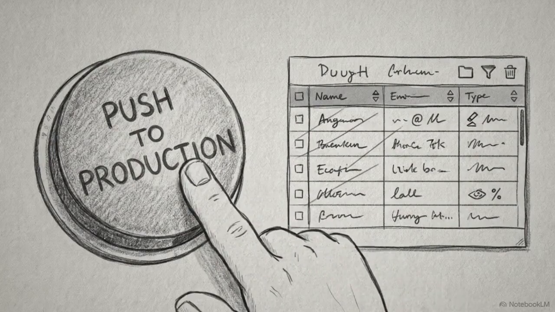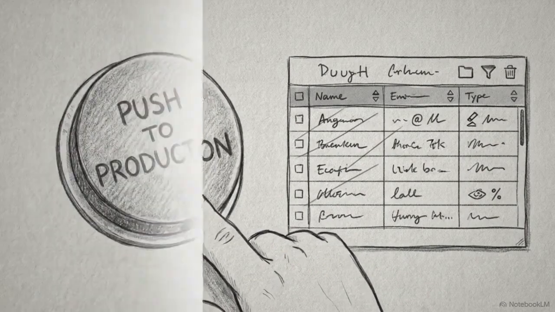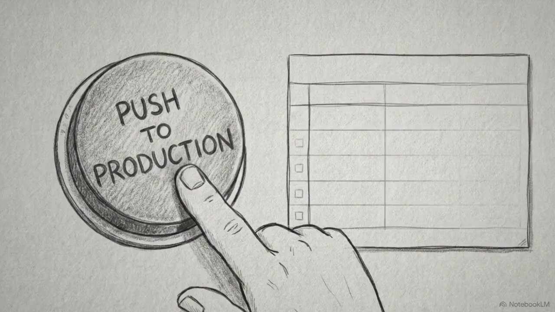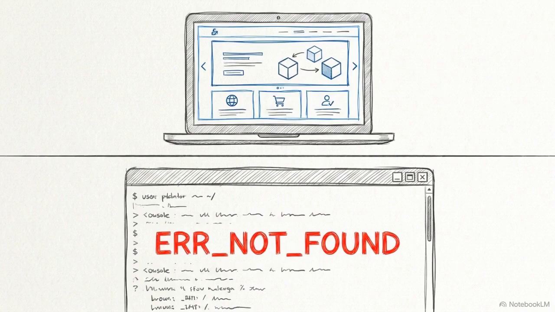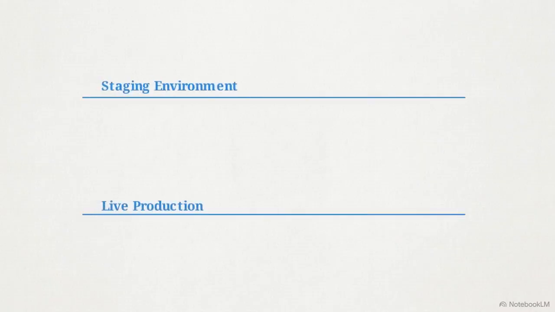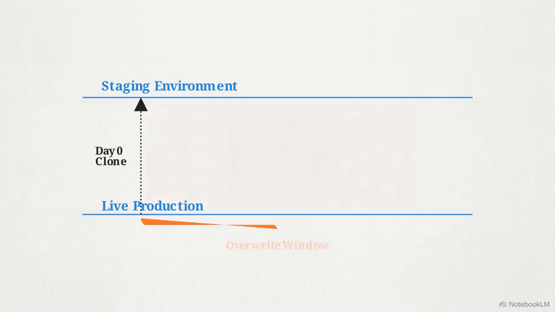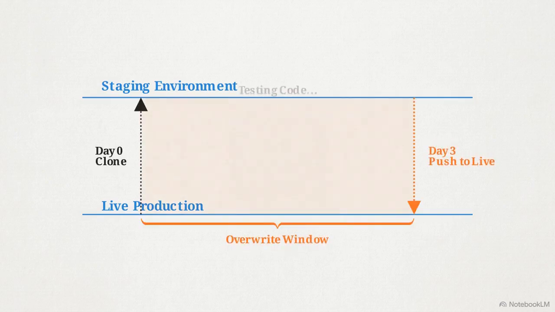Welcome to the most destructive operation a site owner can perform on purpose. You hit push to production to launch a new design, and you completely overwrite your live database. The site loads perfectly, but your recent data is gone. This happens because of the overwrite window, the gap of time between cloning your site to staging and pushing it